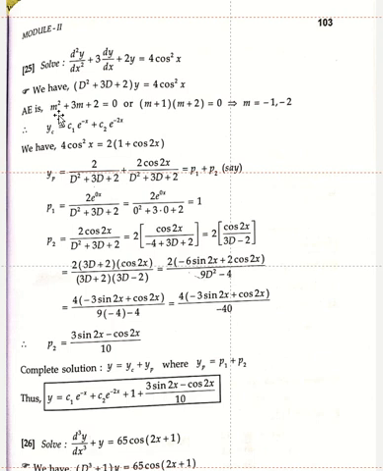Or directly you can find the roots of the auxiliary equation by using the calculator. We get m is equal to minus 1, minus 2. Therefore, these are real and distinct roots. Yes or no? Therefore, yc is equal to c1 into e power minus 1 into x, that is e power minus x, plus c2 into e power minus 2 into x, that is e power minus 2x.